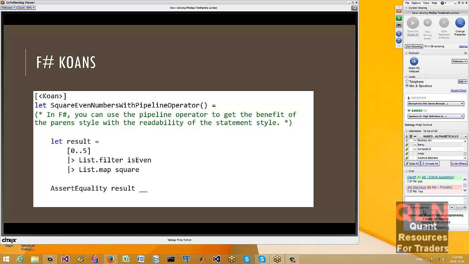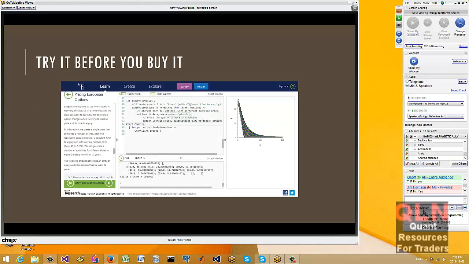Literally within about an hour and a half, you'll have cracked the language, which for what you're getting, is a fairly small investment. And these Koans have been used on hundreds of people, and I've seen it take people from nowhere to really just being able to dive in on the code. So I really recommend that as the good starting place.